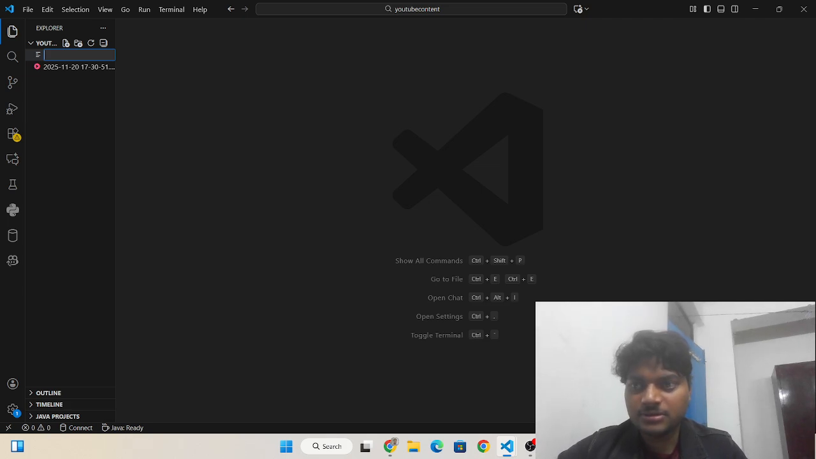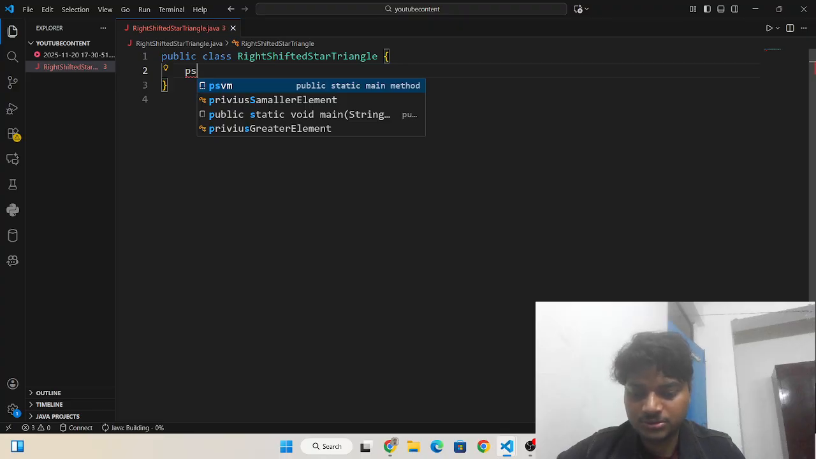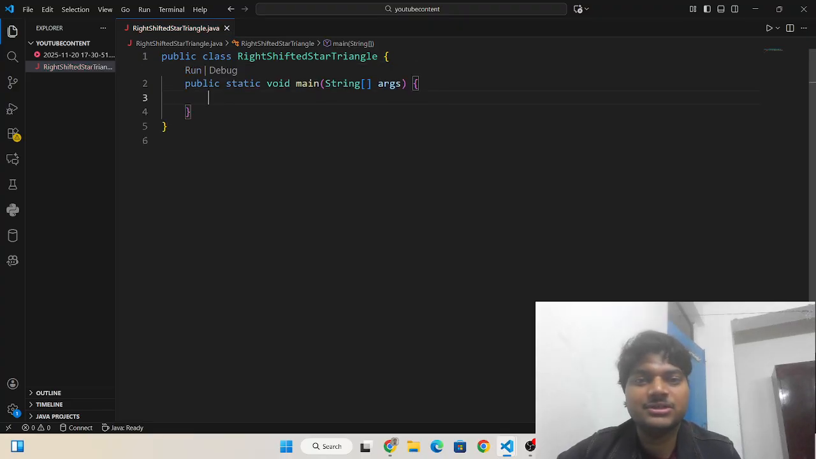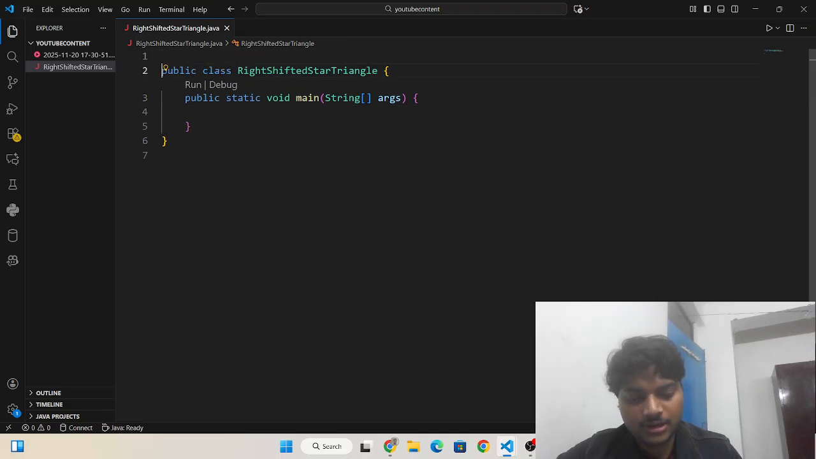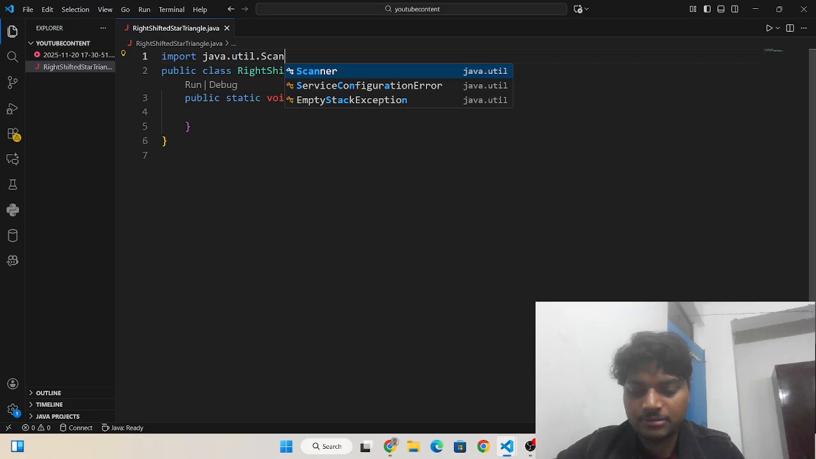So I need to write here right shifted star triangle dot java. Okay, so I need to write here psvm first. This is the main method for Java. And I need to add here import java dot util dot scanner because you have to take user